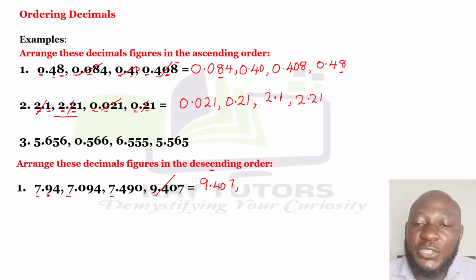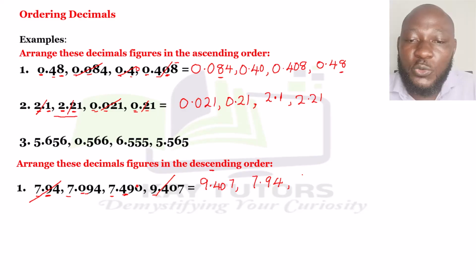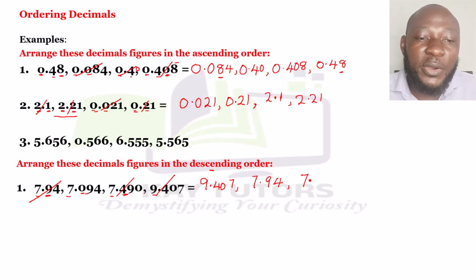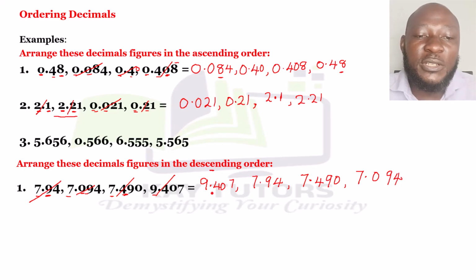Let's consider the next digits. Here is 9, here is 0, and here is 4. So since 9 here is the biggest, this is bigger than this and this. So we go with 7.94. Then we have 0 and 4 here. 4 is actually bigger than 0 here. So you take this 7.490. And finally, we have 7.094. So we have succeeded in arranging this set of decimal numbers in order of size,